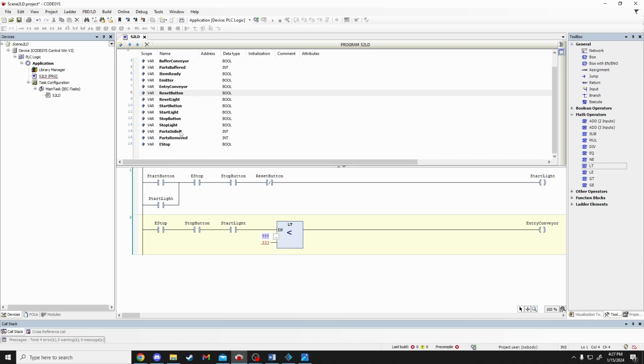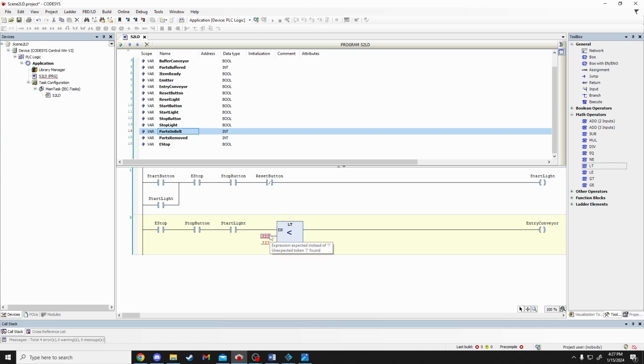Our integer variables. We have parts buffered, so that's not going to be the one. Parts on belt, yep, that's the one. And parts removed. Parts removed is how many parts it throws off the end of the belt. Parts buffered is how many we have in the buffer zone, and parts on belt includes all of the ones that we spawn with the emitter. So